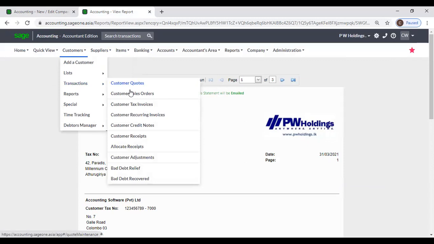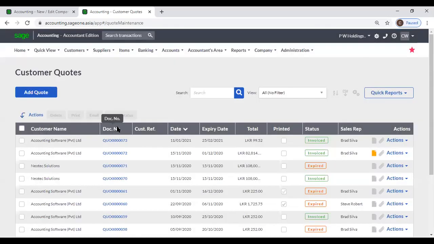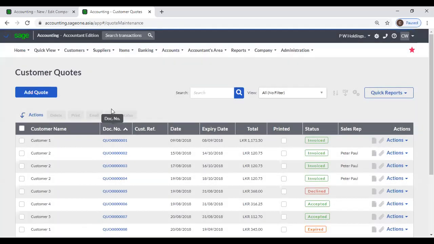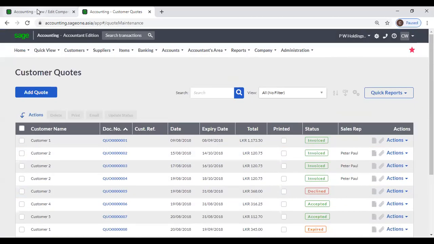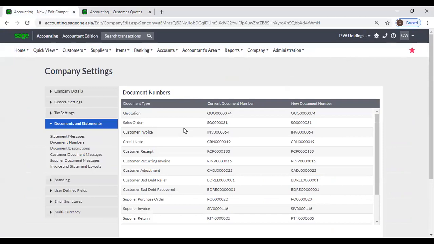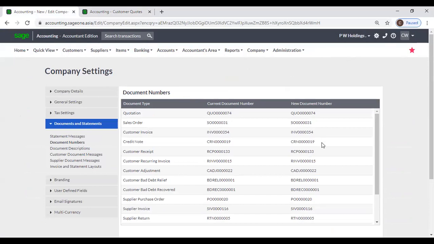Now for an example, customer quotations. Now you can see there's a serial number QVO 0001, then 2, 3, like that. There will be a serial number. So when you are implementing the system, before start transactions, you need to set this document numbers. And if you are setting this document number, from next document or next transaction, this number will allocate to that